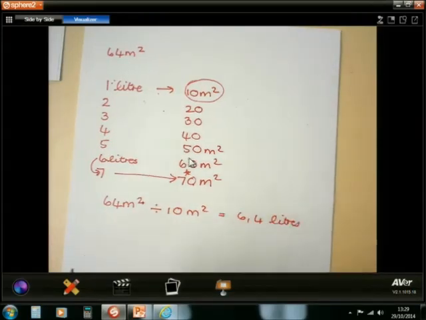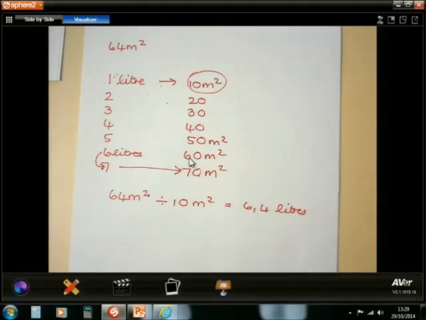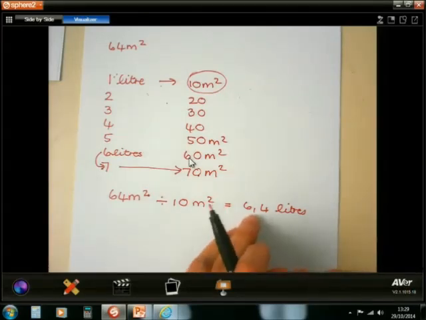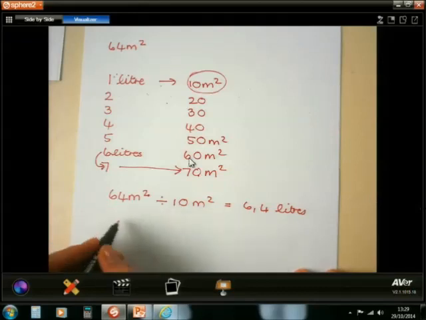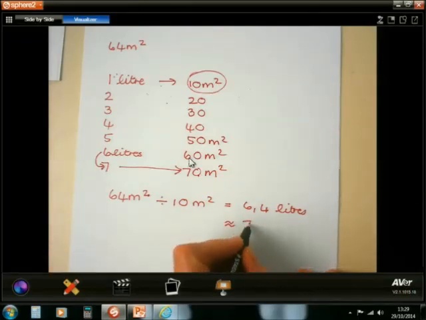Now, I don't know about you, but where I shop for my paint, you can't buy 6.4 liters. You either have to buy 6 or you've got to buy 7. Normally, if we round down, because it's only a 4 there, which is less than 5, you're going to get too little paint. So we're going to round up to 7 liters,